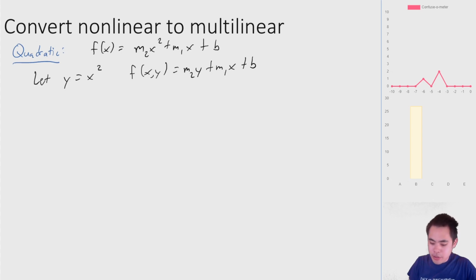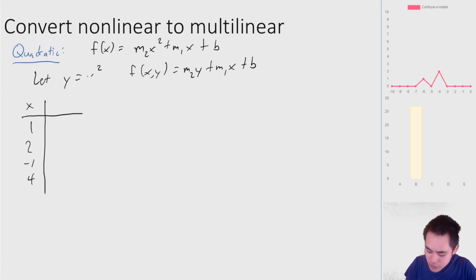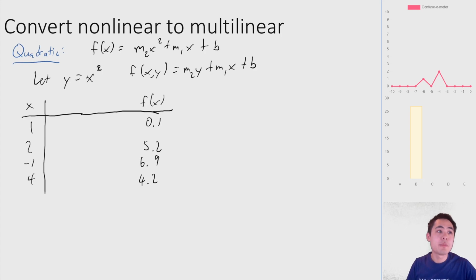Well, let's say we had x values 1, 2, -1, 4, and we had some f(x), the output of the function. Let me write this over a little bit, actually. Oh, I erased too much. x², and let's say we had some output of the function, f(x), and let's say these values were 0.1, 5.2, 6.9, 4.2. Doesn't really matter. Well, here, you'll notice that we could do an ordinary linear regression on this,